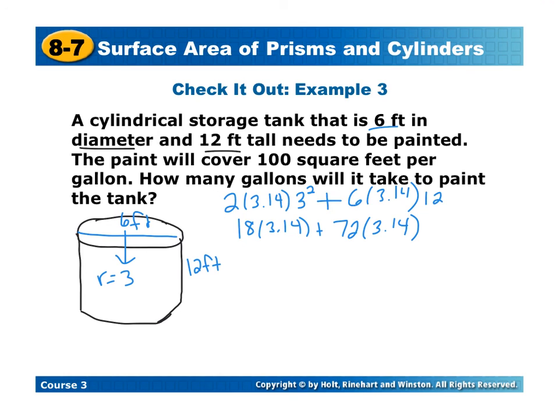So 18 times 3.14 is 56.52. And 72 times 3.14 is 226 and 800ths. So now if we add those all together,